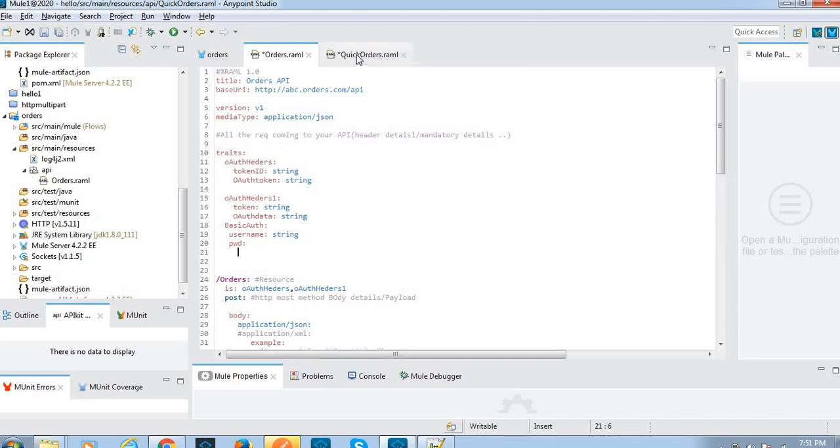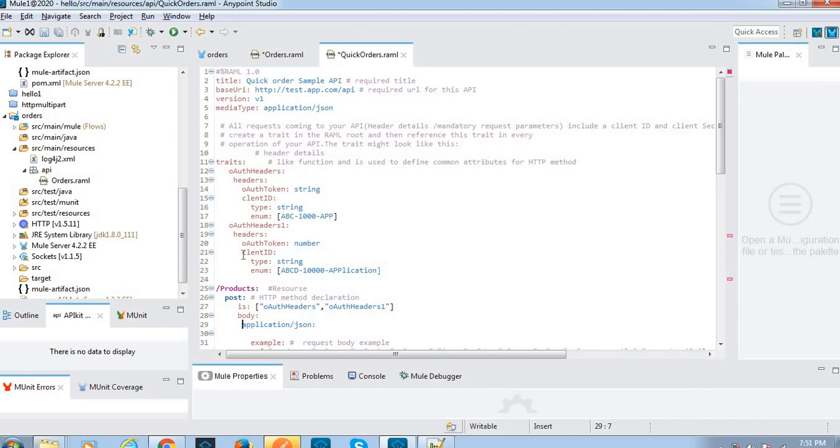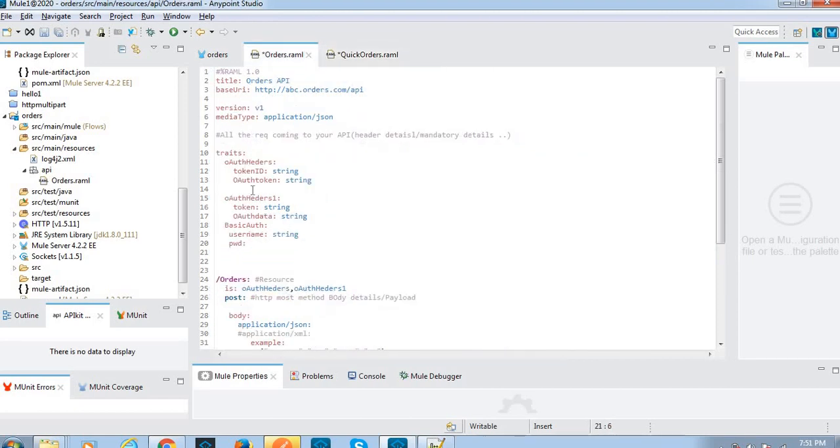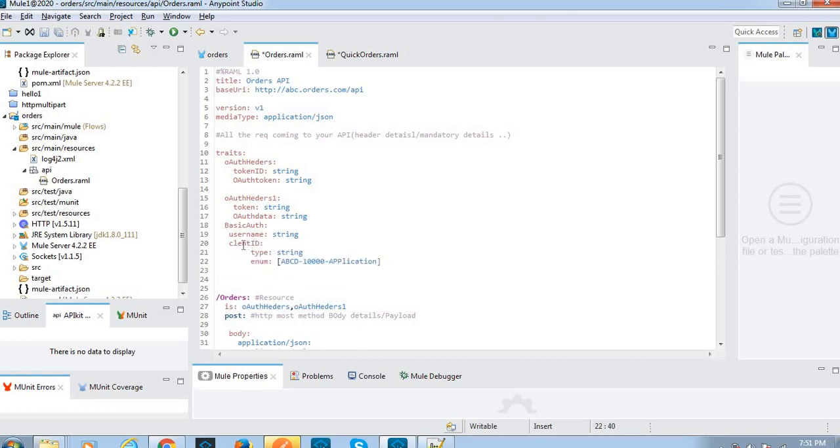Here I have the complete example. Password I will take as client ID. Username, the client ID. The client ID type is string, and the enumeration is like this.